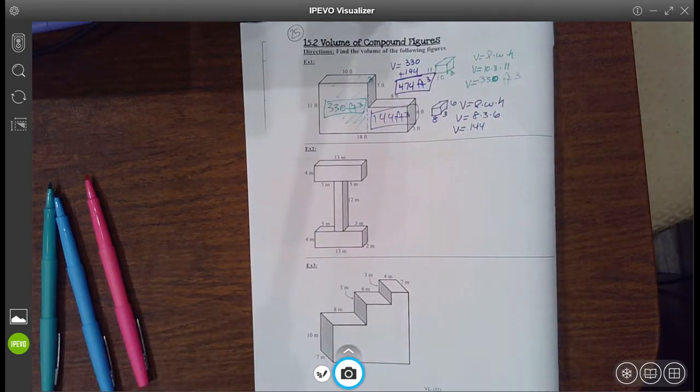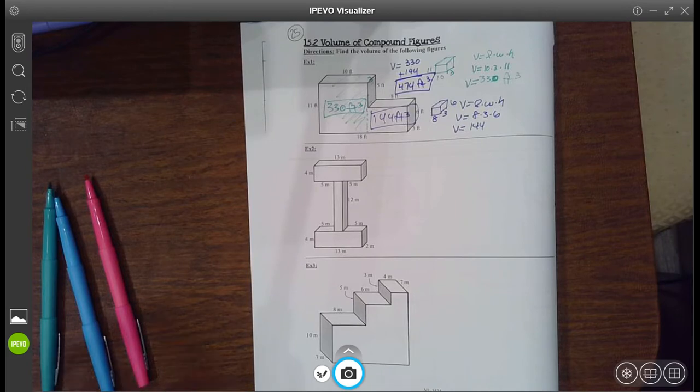If you did that one together with us, why don't you try the other ones? At any point in time, you can pause the video, try it yourself, and then unpause it and come back. Even if you just want to get started with us and then stop it halfway through the problem, try it. That's totally fine. So if you paused and now you're back with us, for example 2,